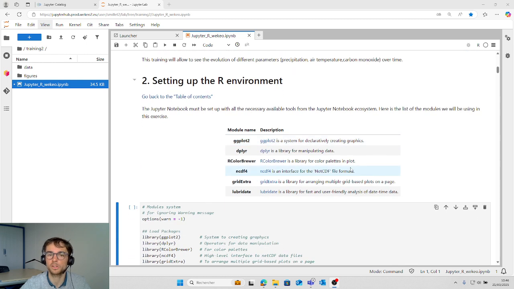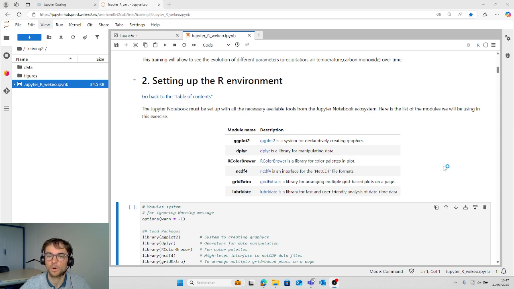First, the Jupyter Notebook must be set up with all the necessary libraries. For this training, we will use six libraries. There is ggplot2, a library for creating graphics. Dplyr, a library for manipulating data.